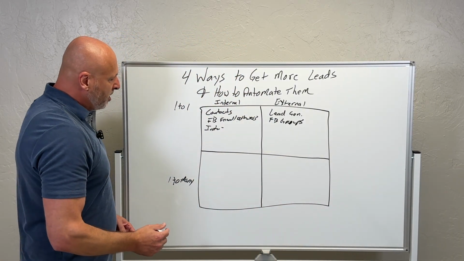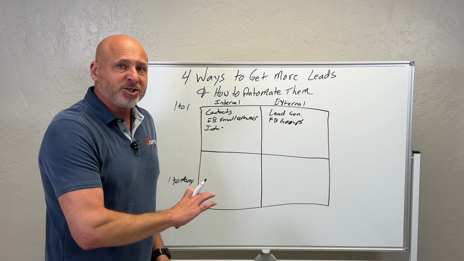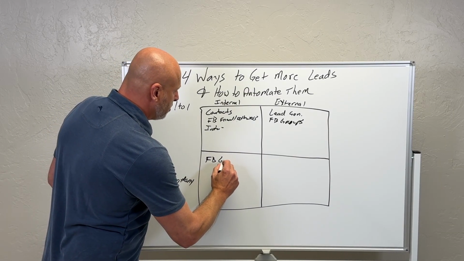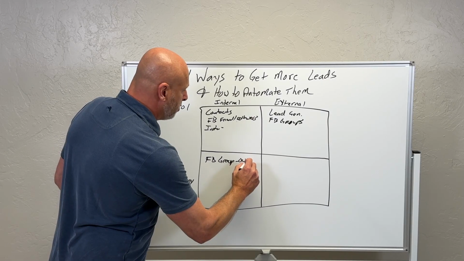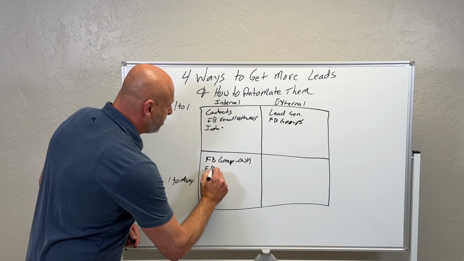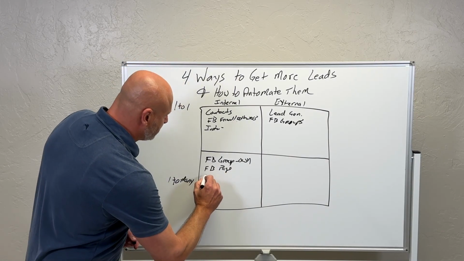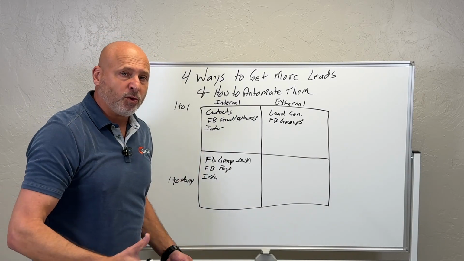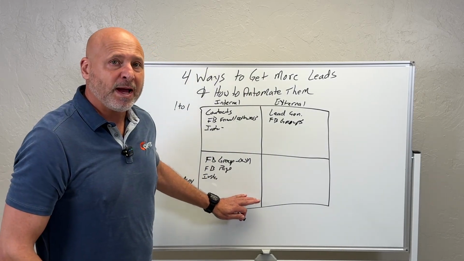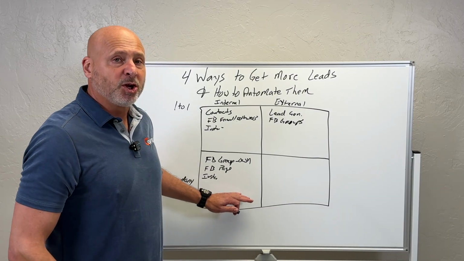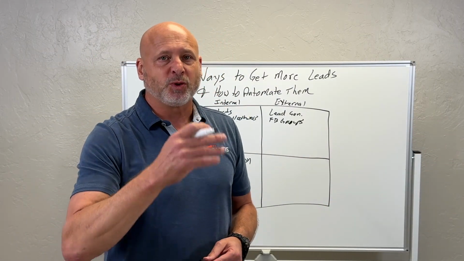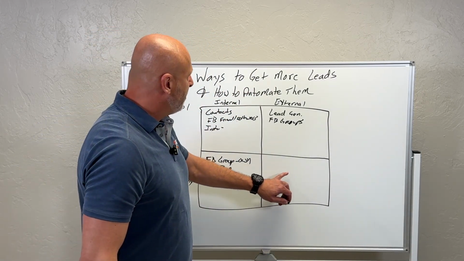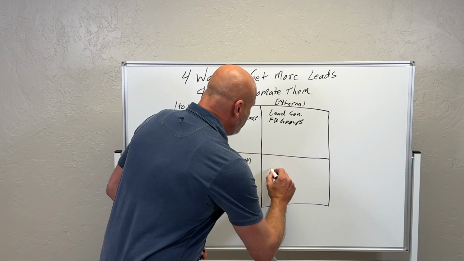And then one-to-many, like I said, is to mass groups of people. So this would be like your Facebook group that you own, or your Facebook page, or your Instagram page, or your TikTok, or whatever social media platform that you have. If you send a message, it's going to go out to a bunch of people, and it's only one message. So a lot of people will see it. That's the one-to-many that are internal. And then the one-to-many external would be posting